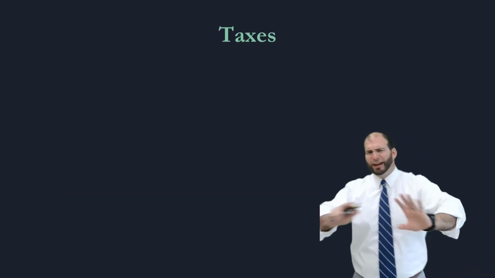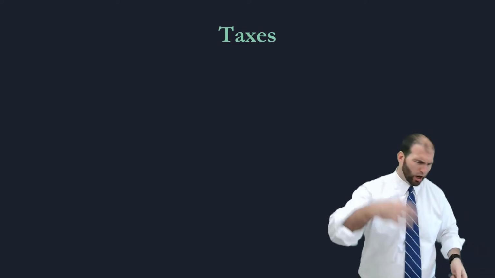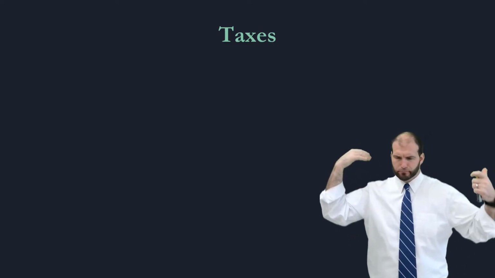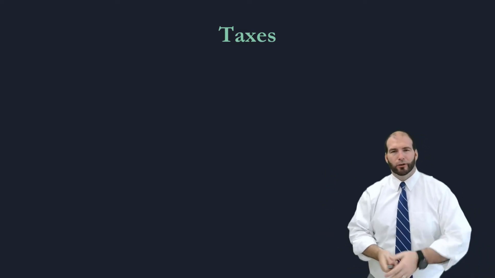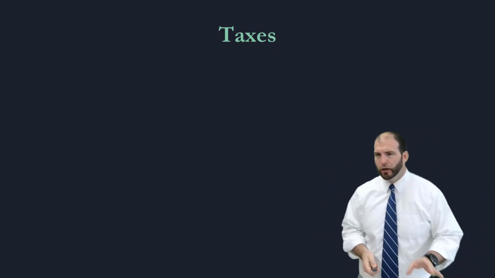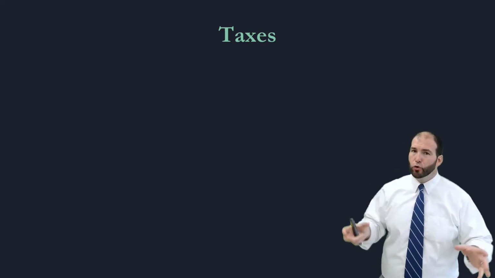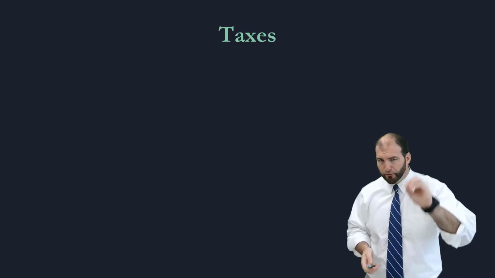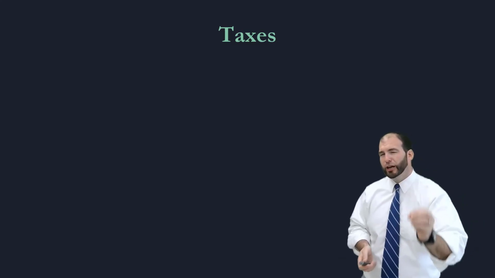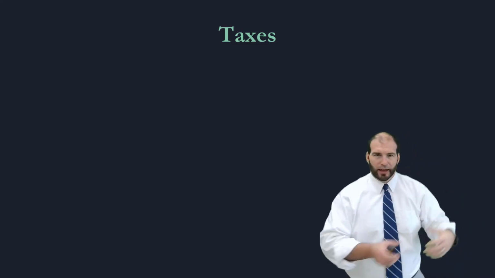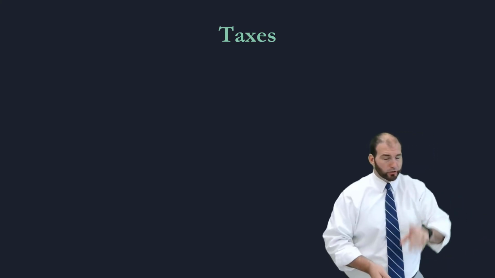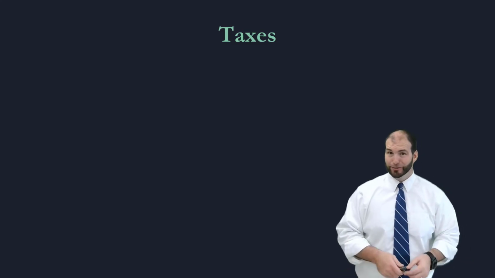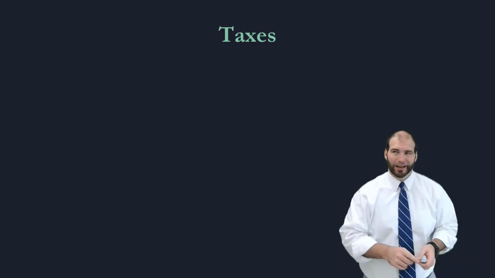So in the grand scheme of things, when it comes down to what will lead to the Revolutionary War here, taxes is talked about a lot, all right? And it is a huge part of the story of America declaring their independence. There's a couple very important things you need to understand about the taxes that England starts putting on the colonies. Number one, these taxes only applied to the colonies. That was the first thing, all right?